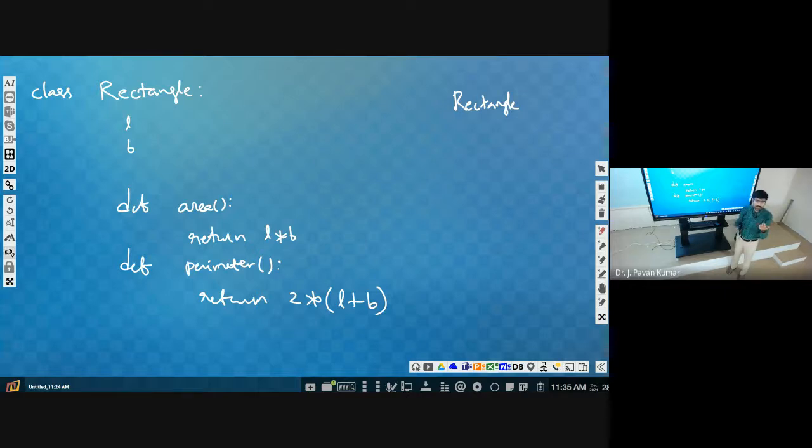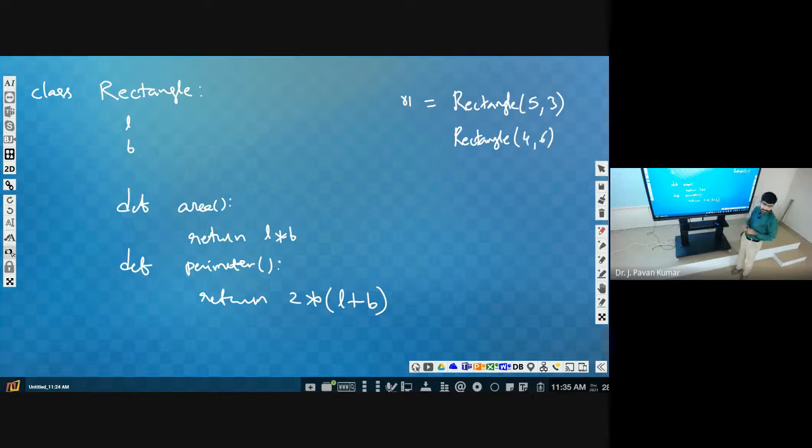How many values? 2 values. So let us provide 5, 3. So 2 values we have provided, and we are referring to this one as R1. Similarly, we want to create another rectangle with some other values. So how can we create a rectangle?